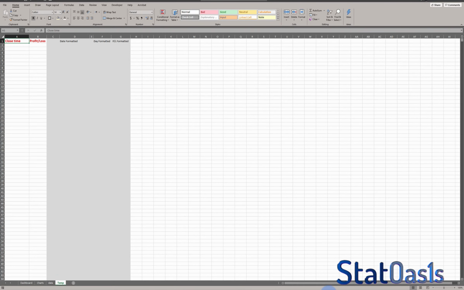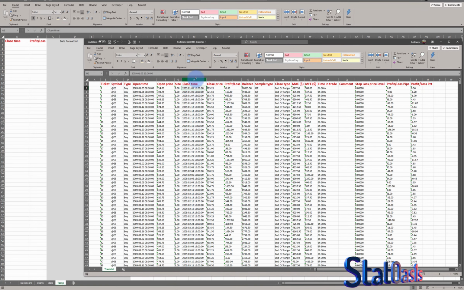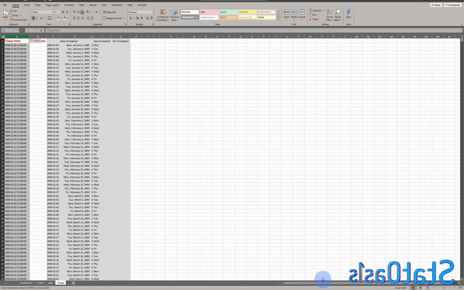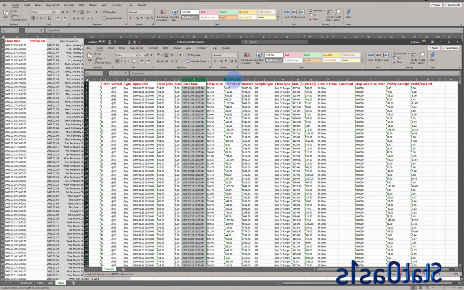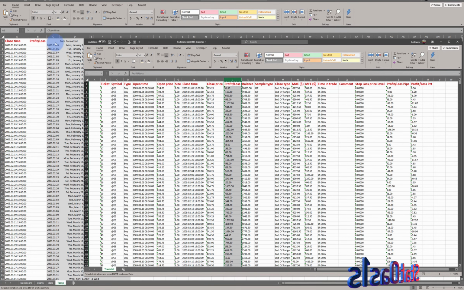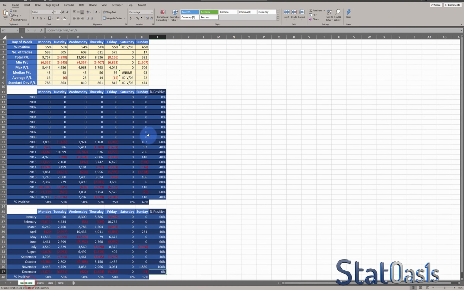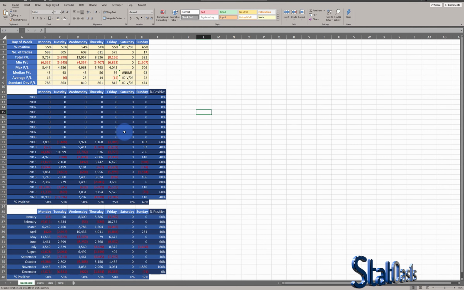If we go to the template, you just need to copy the close time, come here and paste it, and the profit and loss, copy, come here and paste it. And because of formatting and other stuff, I did this. So you can see that